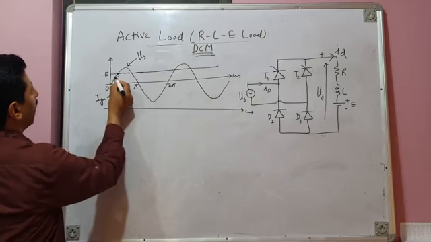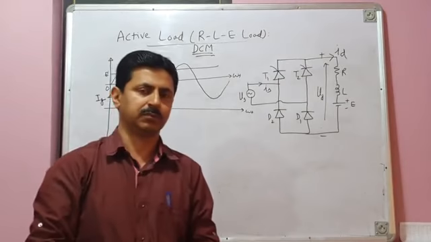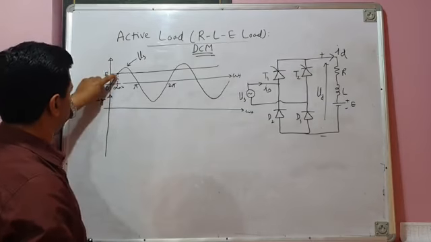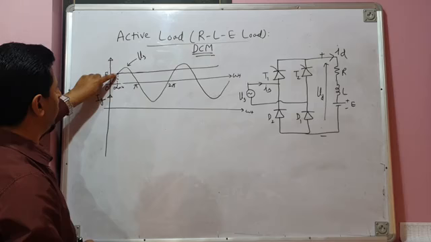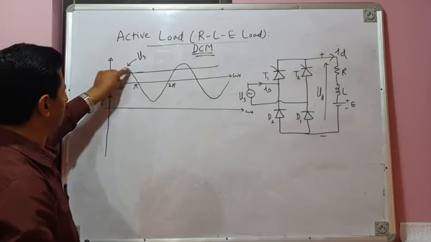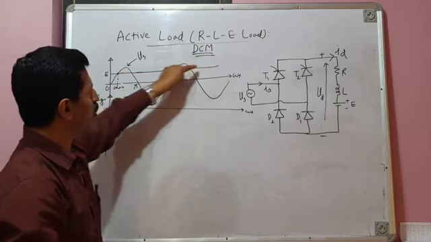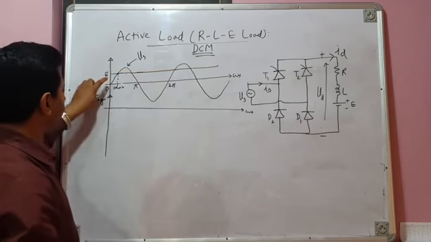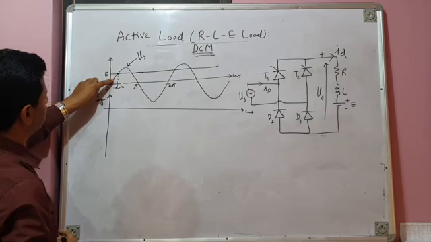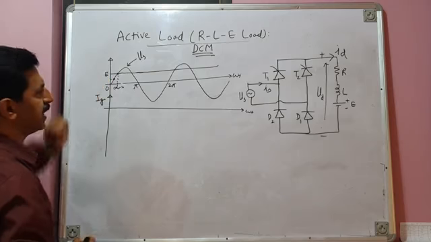If you want to fire your thyristor here or here, below this point, you will fail to fire the thyristor. The reason being, below the point of minimum delay angle, you can see E is greater than Vs. This is the source voltage, and these are the instantaneous values of the source voltage, and this is the load's EMF, the load voltage E. So let us take this point. At this point, you can see the source voltage Vs has an instantaneous value of this much, and it is less than E.